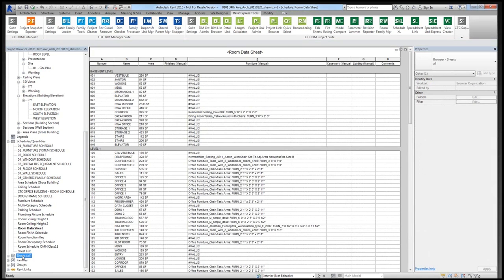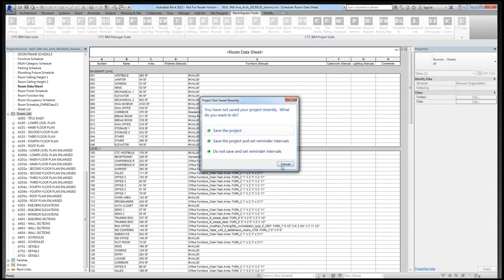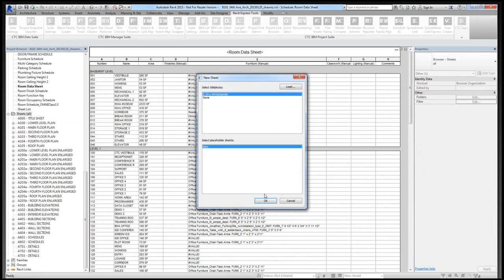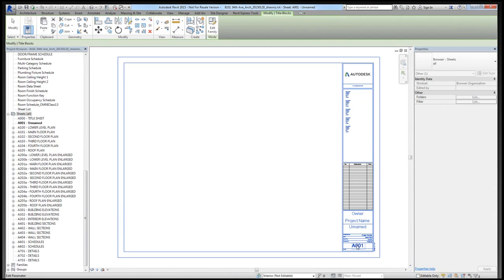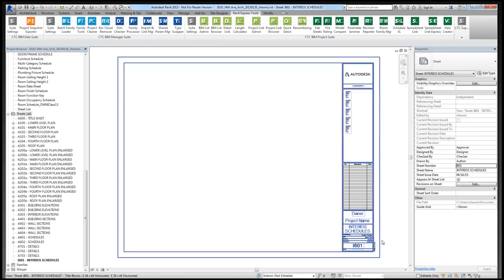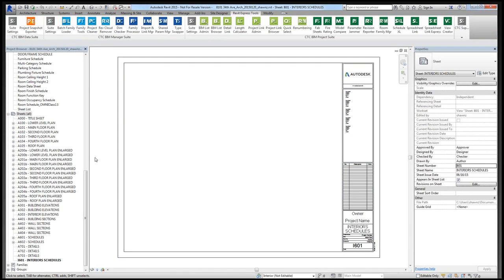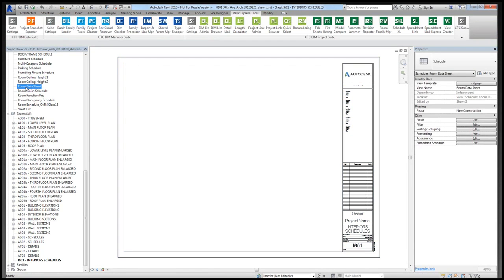If I go down here to my sheets, I'm going to build a new I sheet. We'll do an I601 for some schedules. And we'll use a basic sheet here. This will be I601, and this will be interiors schedules. All right, interiors. Yeah. All right. So what I'm going to do is grab my room data sheet schedule and drop it onto